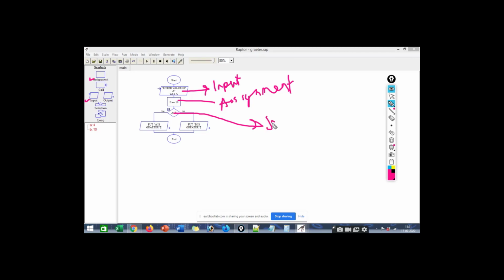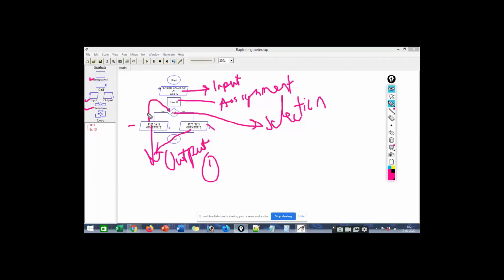This is selection. And what are these two? These two are outputs. But there will be only one output, either this or this, because there is a choice in the output.